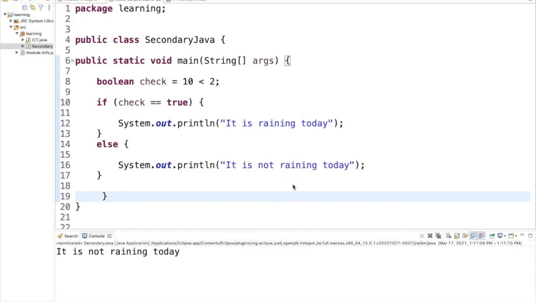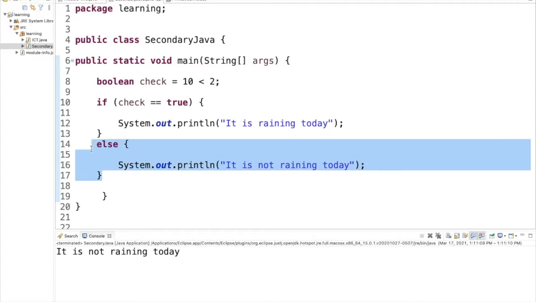It's not raining today. Why? Because 10 is not less than 2. So it's not returning a true value, instead it's returning a false. And we have said in the else, if it's not returning a true value, then it should return it is